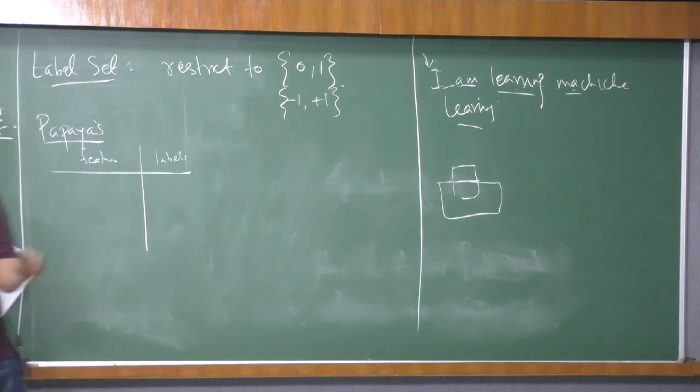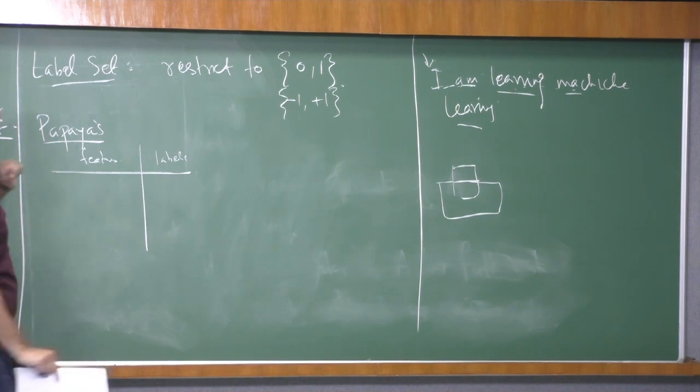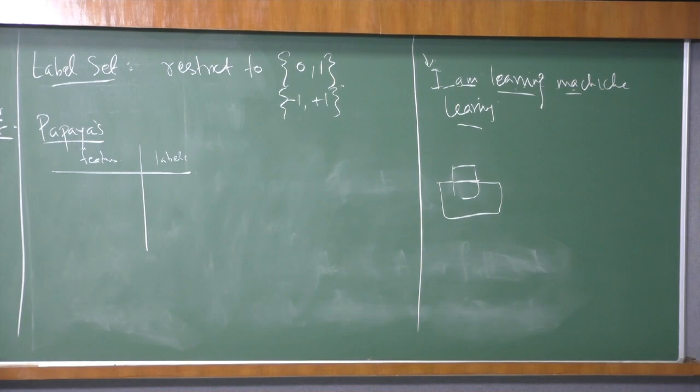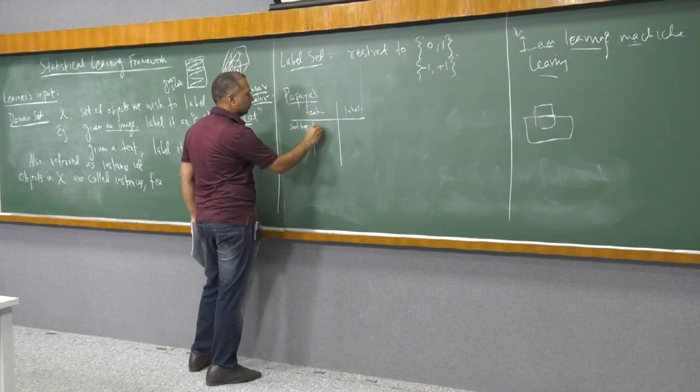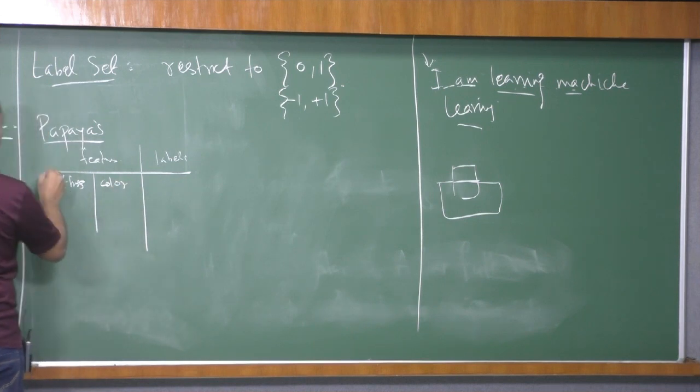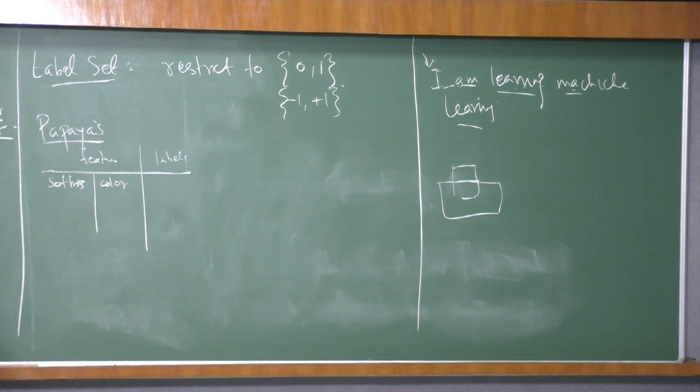So then when you are learning whether the papayas are tasty or not, you will look into certain features of papaya, right? So it could be softness, color, okay, there could be many more things, right? So then you will go around the island and you will look into various papayas and you will measure their softness. You have some measure of softness, you will encode this as a number and you will put them,